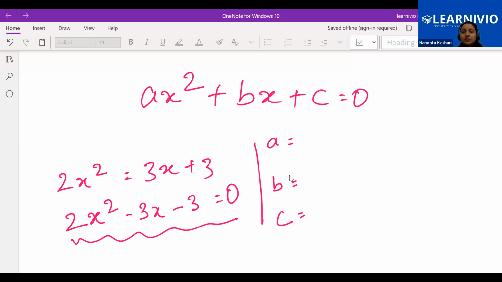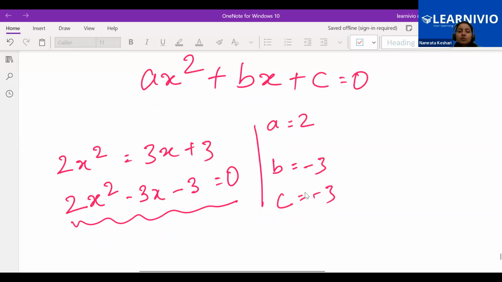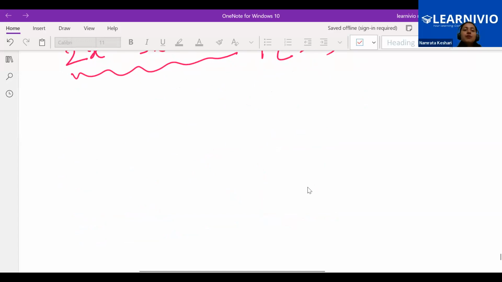It is 2, minus 3, minus 3. Exactly, this is our ABC. So this type of basic question will also be there: write, express it in standard format. Now the next concept you will find is that you will also have this type of question: